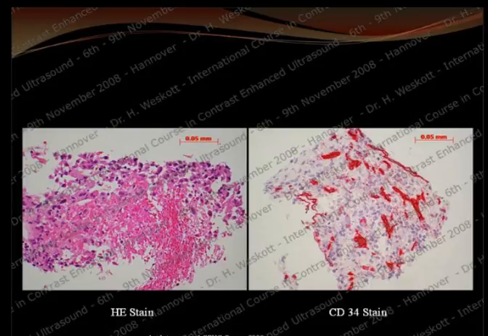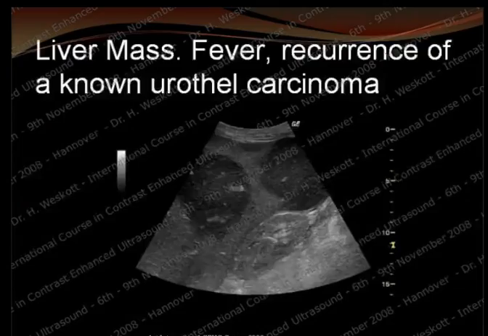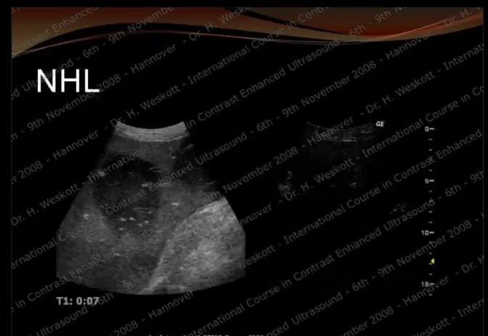This is a patient with multiple liver masses, fever, and a recurrence of a urothelial carcinoma. And these are two of multiple lesions in the liver. And in grayscale, you can already see here are still some periportal changes. When you give contrast agent, the arterial phase does not delineate the tumor, so it's a homogeneous enhancement during the arterial phase. You can see the vessels running through the tumor, so no alteration of the vessels. But then at the end of the arterial phase, you can see a washout and clearly see still veins running